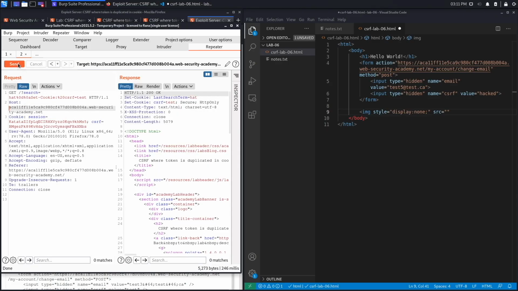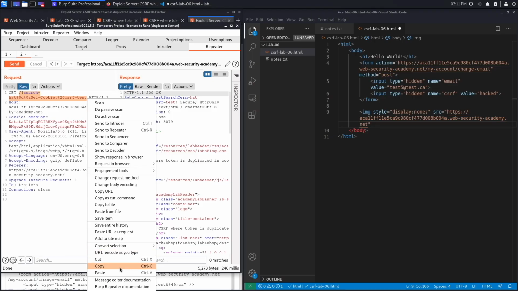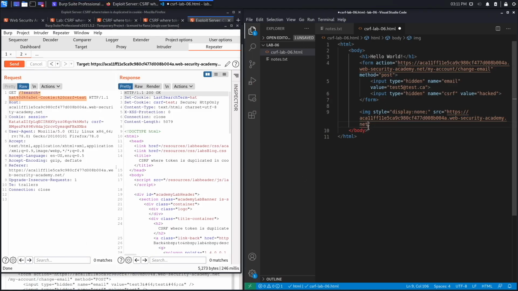Let's hit send to make sure it didn't time out. It didn't. That's good. I just really don't want to load it up again. Okay, put HTTPS. That looks good. And then the search term over here. And again, that has to be the same thing as the CSRF parameter. So we're going to call this hacked as well. And then say on error,